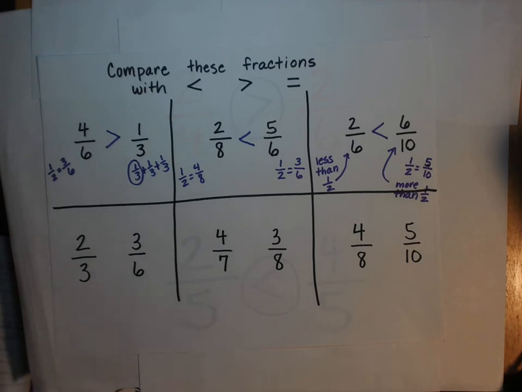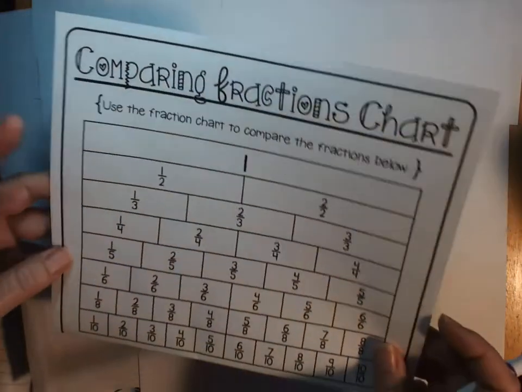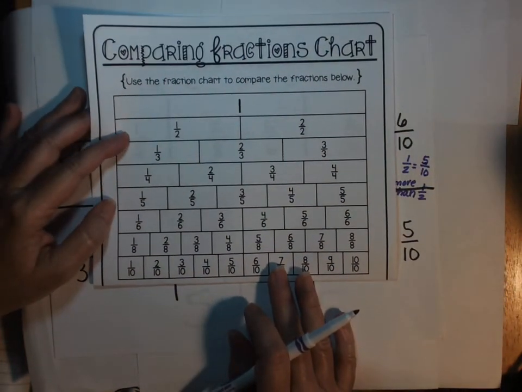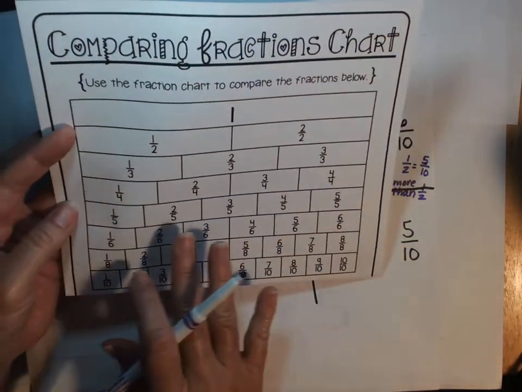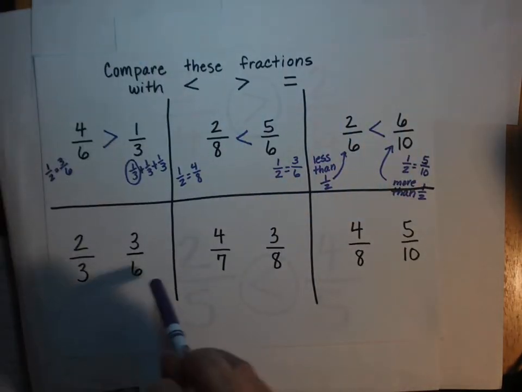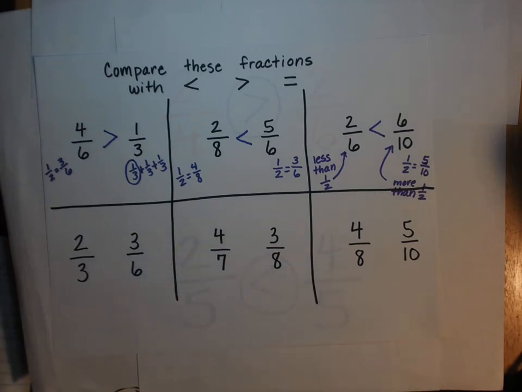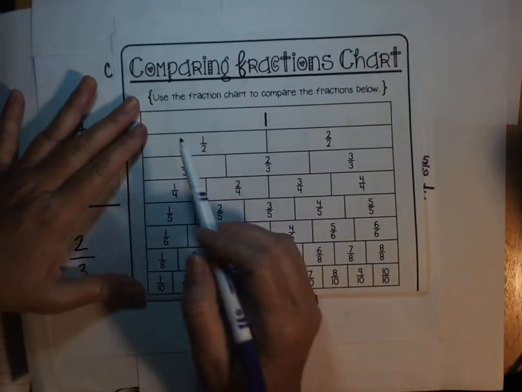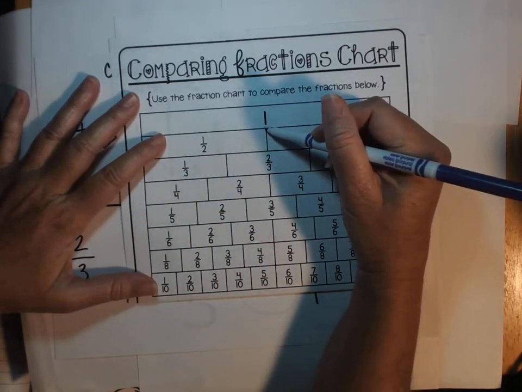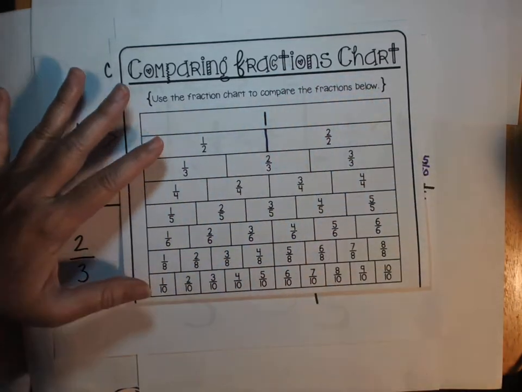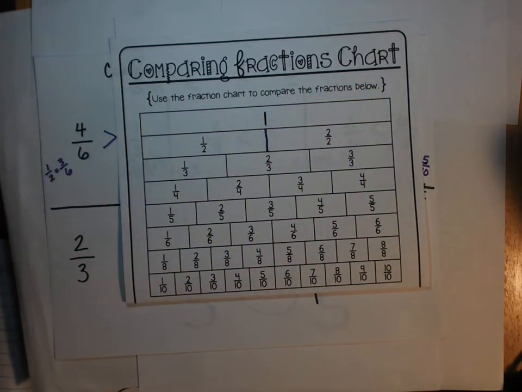Also, don't forget, most of you should have your study buddy, and on the back of that study buddy, you have a fraction chart. So I'm going to use my fraction chart now to look for 1/2, and I'm going to do the rest of these by using my fraction chart. So if I know that this whole thing is one whole, and I know that 1/2 is right here, I can carefully,